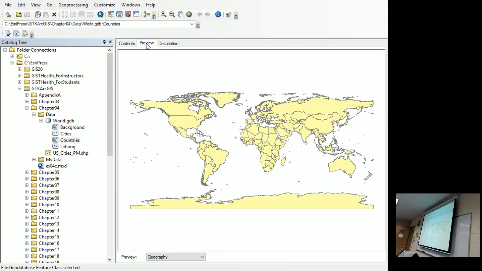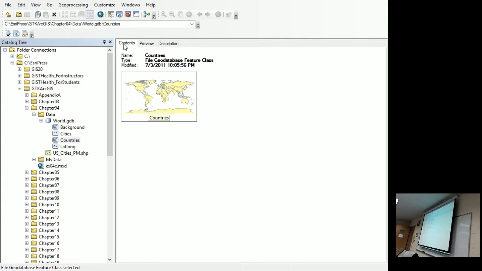Step 13, on the geography toolbar, click the create thumbnail button. Yeah, do it and then you're done. Isn't that nice? Step 14, in the catalog display, click the contents tab to see the new thumbnail graphic. We already have a thumbnail there. They all have thumbnails, so it doesn't matter. I think mine didn't for a second. If it didn't, then when you did it, it will show up. Step 15, click the preview tab.